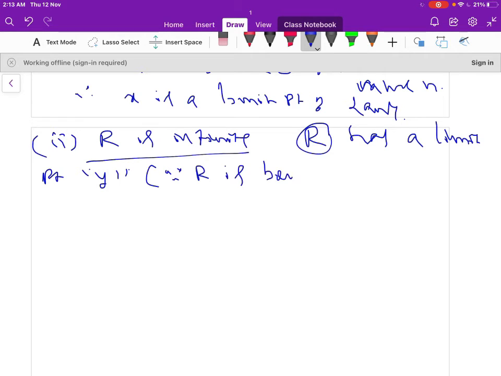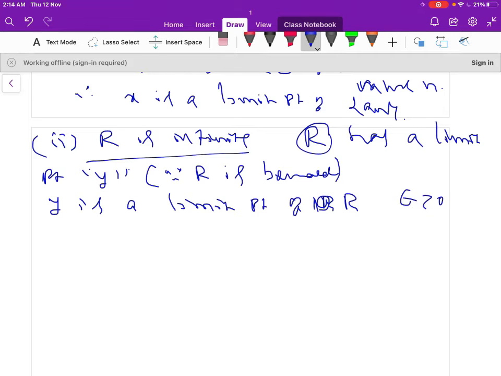Since R is bounded, because the sequence a_n is bounded, and y is a limit point of the set R, where R is the range of the sequence, for any epsilon greater than 0,